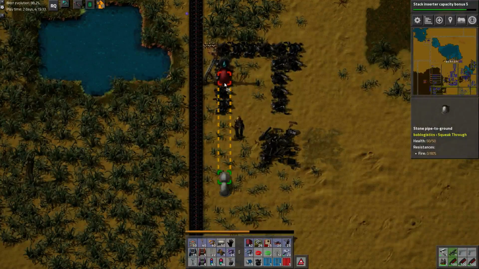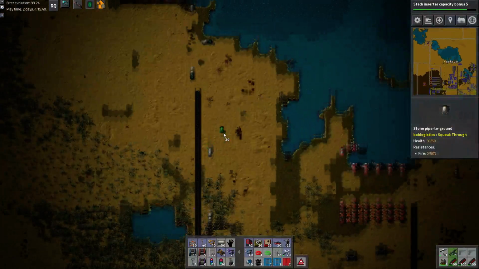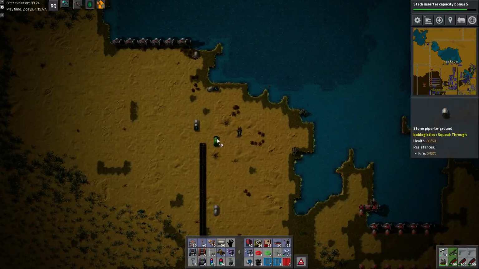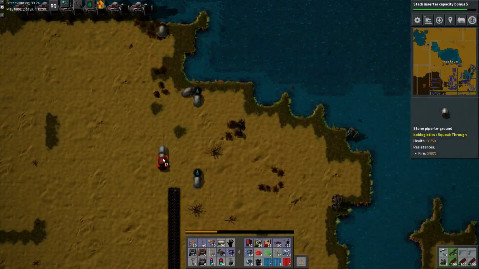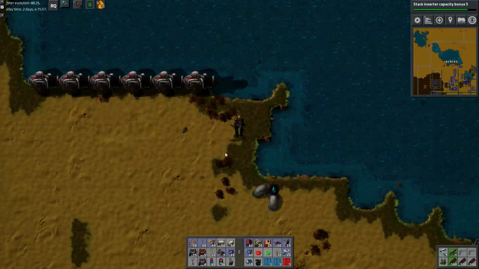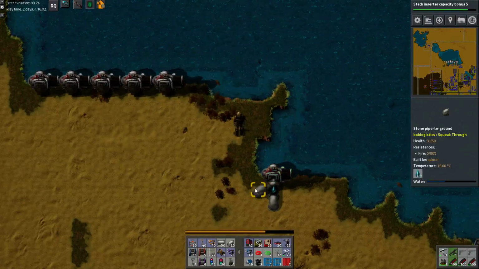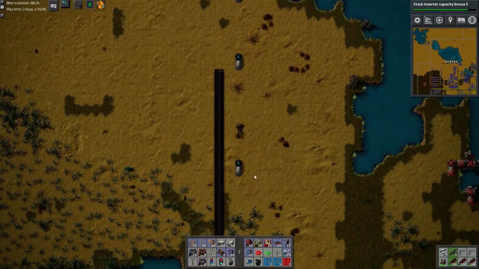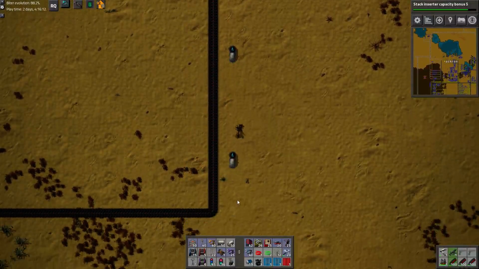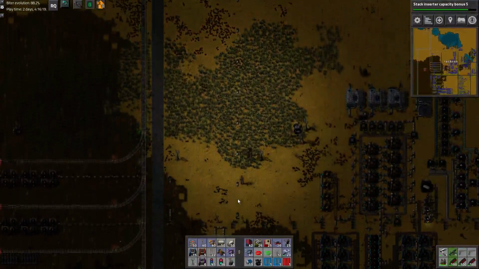Look at that. There's already a water pipe here. You don't have to do anything. All I have to do is... Oh no. This is not currently hooked up. All right, so